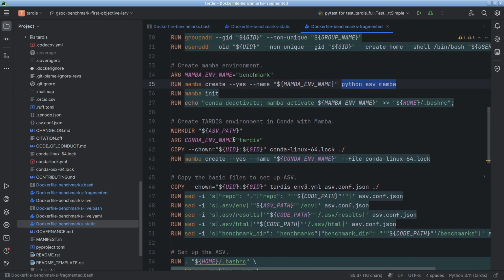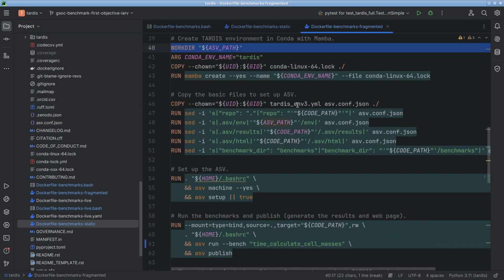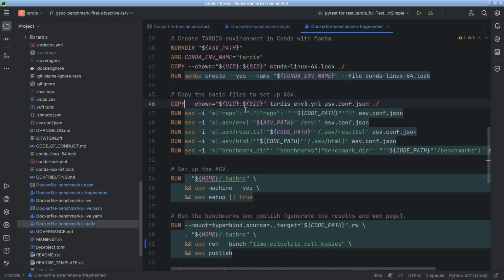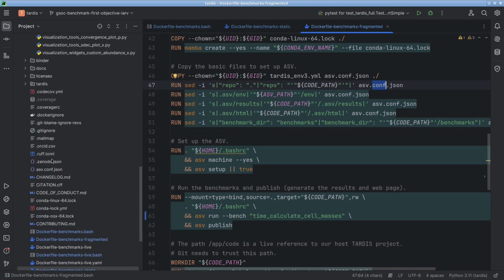Here it's basically the same, and here I move to the ASV path and create the Conda environment with Tardis. But if you see, I copy the Conda Linux 64 lock into the ASV path in the container path. Then I copy these files also to the ASV, and what else? I copy with the user that I created. Okay, then I rename. This is a tricky part. I need asv-conf. If I open asv-conf